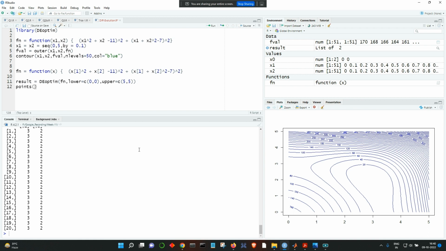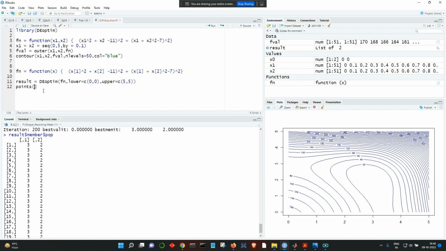So points, we can plot all the things or one of the things. Let's plot all the things. Points result dollar member dollar population, and we want to plot x1, which is the first column of this thing. To select the first column, we need this particular index, that is square brackets, comma 1. So comma is going to select all the rows for this first column, and then we have to do the same thing for the second column also. Then we can do PCH16 to get a bigger circle, and color we can give it red so that it is